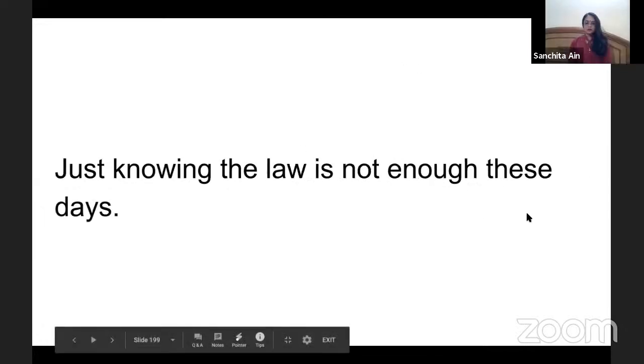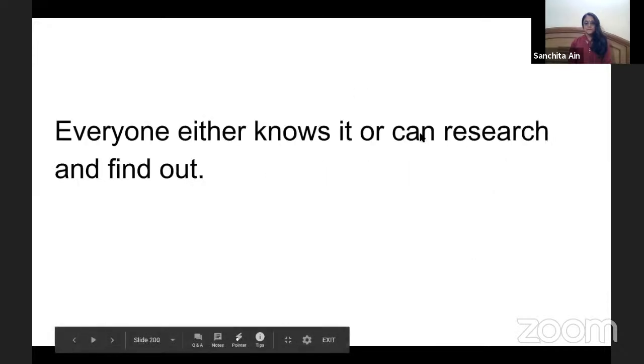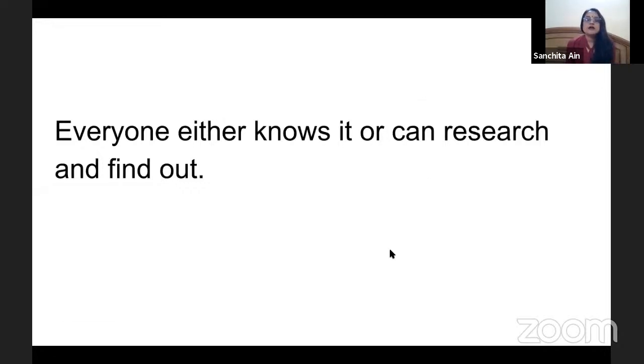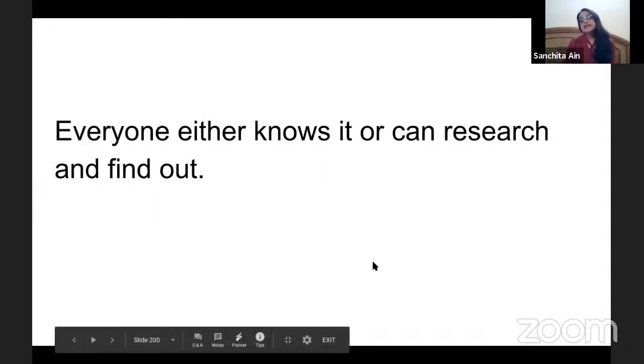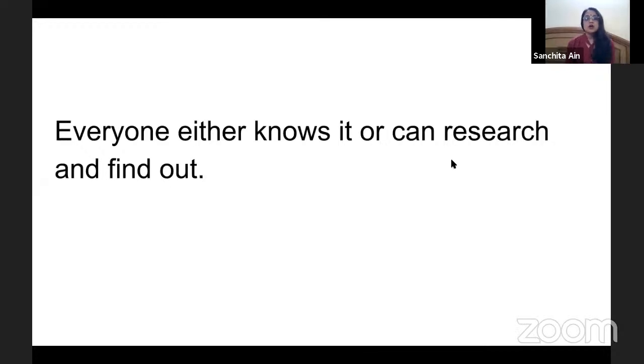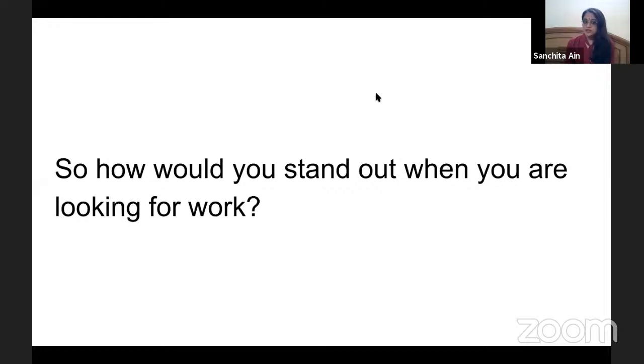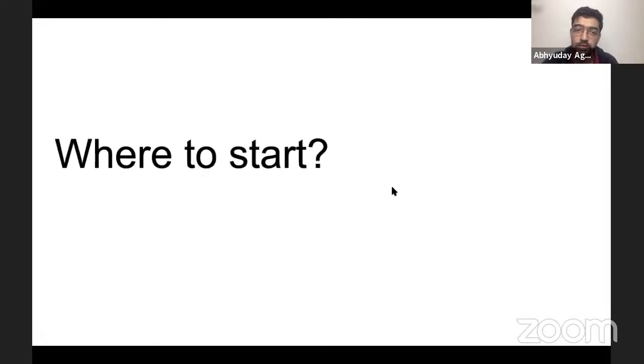Yeah, so next slide, please. So how will you stand out is the question, and that remains the question, because anybody can find out what the law is. They can research it, find out. Then how do you stand out, right? So just knowing the law will not be enough. And wanting an opportunity based on a fairness claim is also not going to work. And applying to more places than others is also not going to work, because your application has to be superior. Your skills have to be superior. Agreed with me till here? So where do you start?